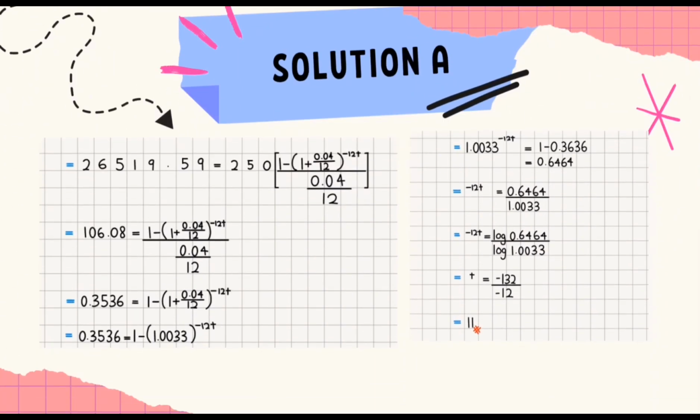Solution for question 4 A. For this question, we will be using the formula A equals R [1 minus (1 plus I) to the power of negative n] divided by I. So, using the information given, it will be like this. 26,519.59 equals 250 [1 minus (1 plus 0.04 divided by 12) to the power of negative 12t] divided by 0.04 divided by 12. First, we will divide